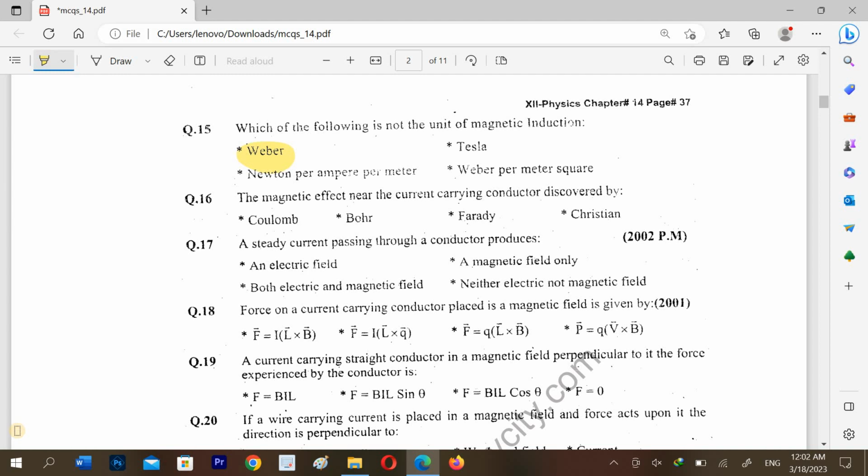The magnetic effect near a current carrying conductor was discovered by Oersted. A steady current passing through a conductor produces a magnetic field only. Force on a current carrying conductor placed in a magnetic field is given by